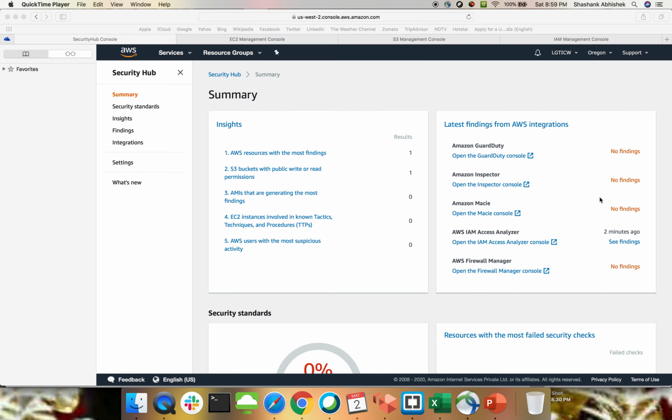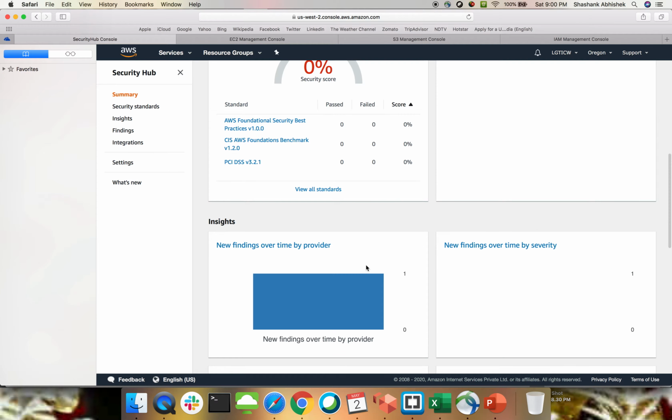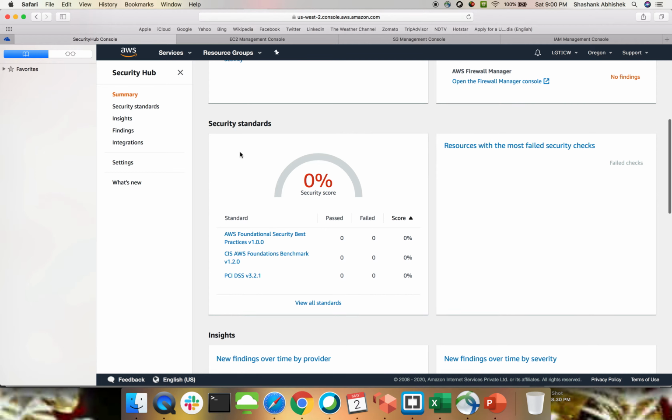On the right hand side, latest findings with AWS integration. GuardDuty, we don't have anything. Inspector, again, no findings. Macie, we don't have any findings. Analyzer, within like 2 minutes, we have certain findings over here. Let's scroll down a bit. Okay, so these are the security standards that we have, the 3 foundations, and as we don't have any resources in it, that's why nothing has been checked.